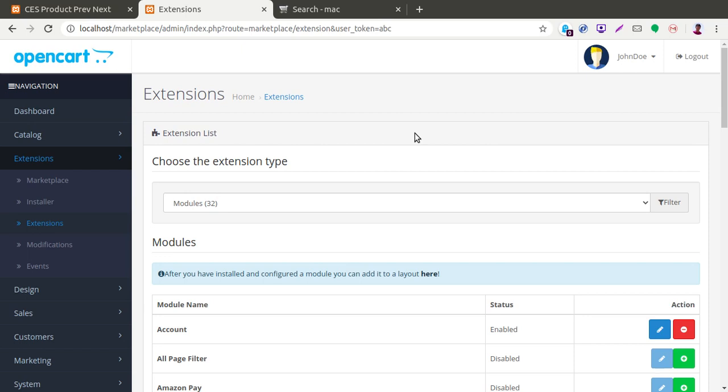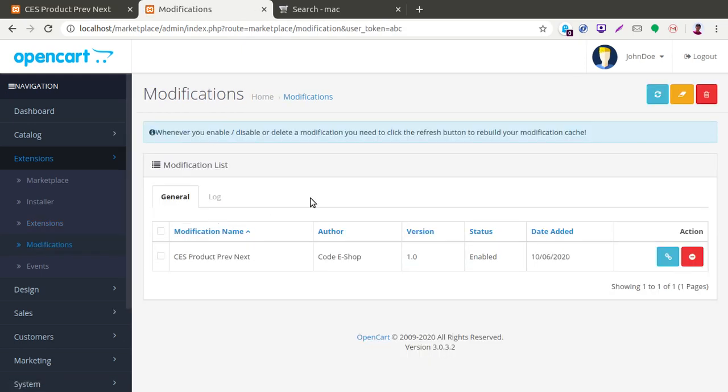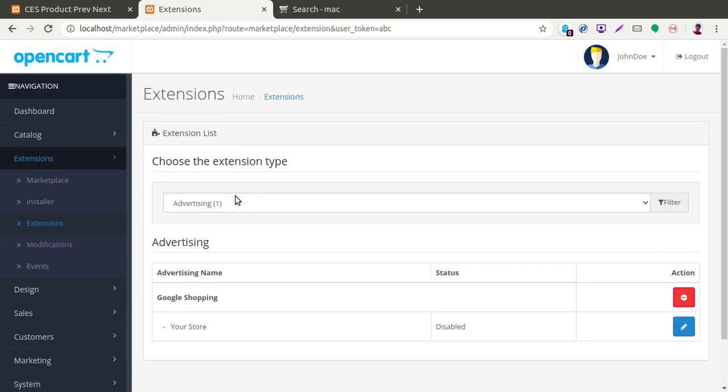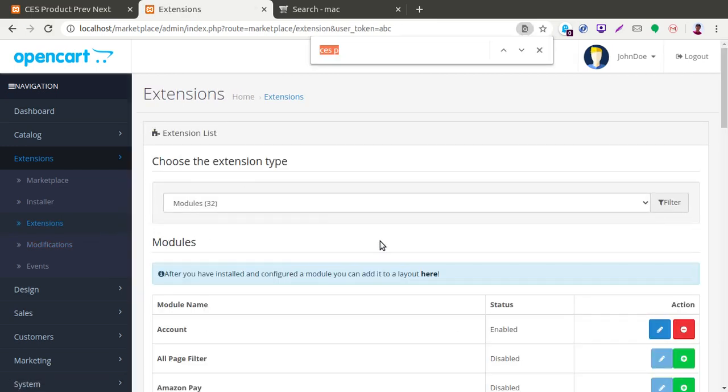You may check it to know more about how to install an OpenCart extension. I will go to the next step, that is uploading the modification that I have already done for our module, CES Product Previous Next. Let's quickly jump to the installation and configuration settings of the module.